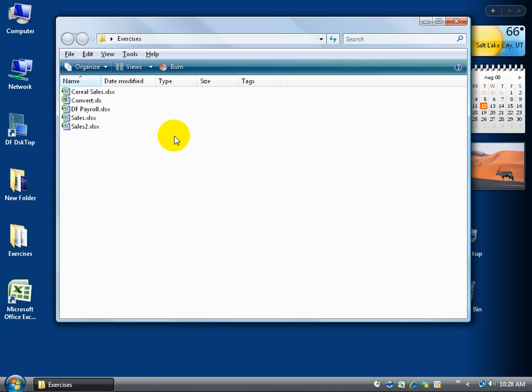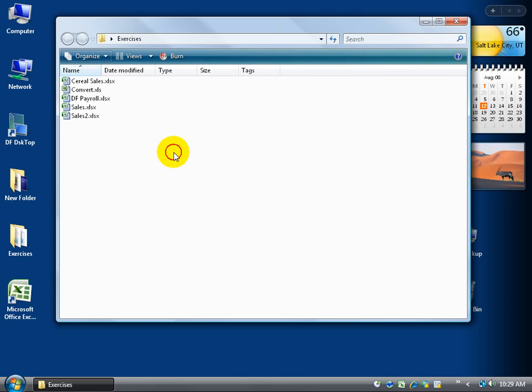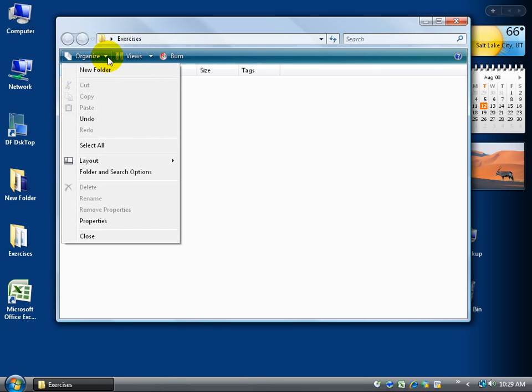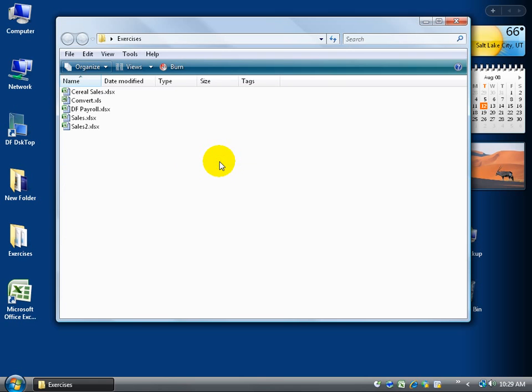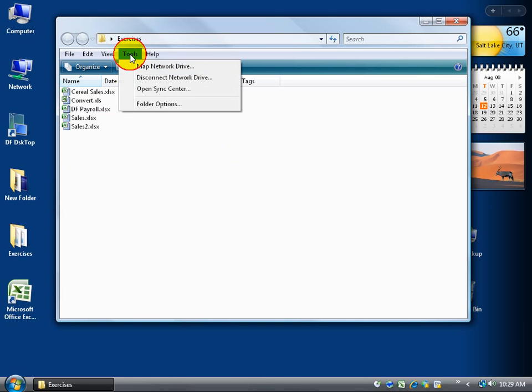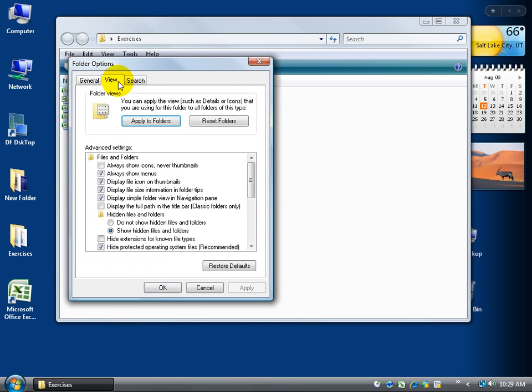When I click on it, of course, it disappears, and I can bring it up again one of two ways. I can hold down the Alt key, which temporarily brings up the menu, which again is in Windows Vista Level 1. Okay, never mind. We'll click off in a blank area. Click on the Organize and go down to Layout, and to bring it up permanently, click on Menu Bar, and see now it's up. So I can go to Tools, to Folder Options, click on the View tab, come down here,